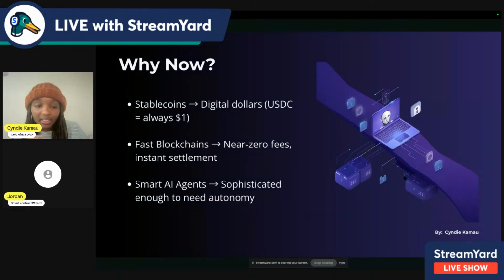So why now, essentially? First of all, stablecoins. The reason stablecoins are important is that they are not as volatile as native tokens, because they're always pegged against the dollar. One stablecoin equals $1. So it has much more mainstream usage because at least it's stable. That's why they're called stablecoins. The second